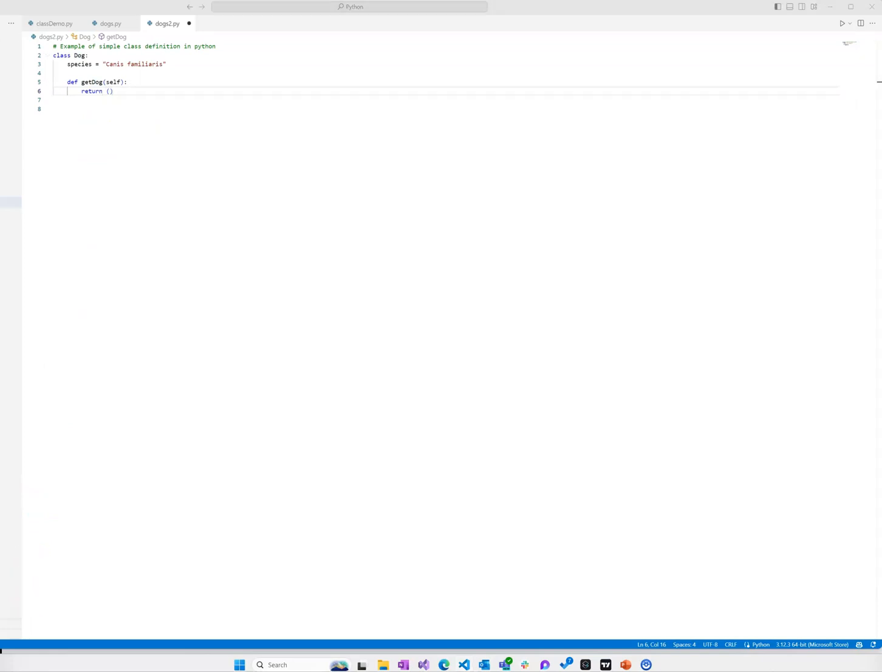Instance variables are defined either in a constructor, which we'll come to next, or a method with self passed in, whereas class variables are defined without. So we'll have a get dog. Okay, and first, but before that, let's build